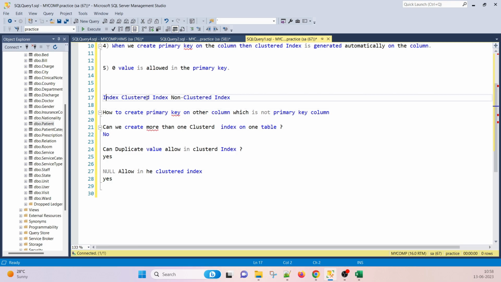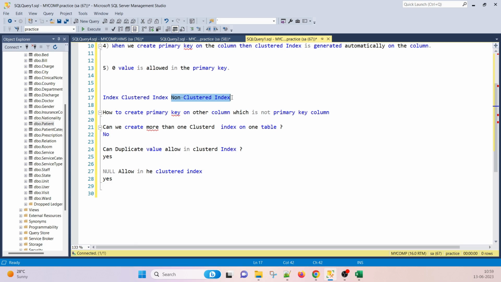And what is the clustered index, what is non-clustered index, and performance wise clustered index is always better. Why? Because it is the primary index on that particular table, it has the actual table data, meaning leaf level pages data. That's why it is fast as compared to the non-clustered index. Non-clustered index is another lookup, meaning another flavor added based on that particular heap table or a